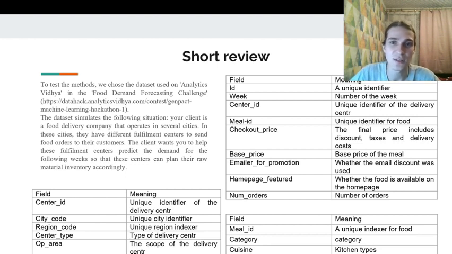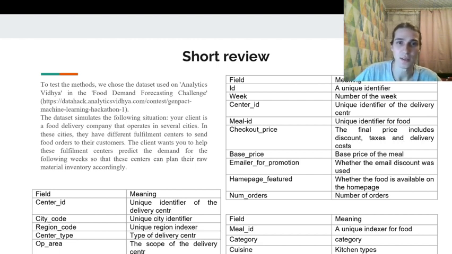Within those cities, the company maintains different fulfillment centers to dispatch food orders to customers. The client seeks your assistance in enabling these fulfillment centers to forecast demand for upcoming weeks. This prediction will aid them in planning the inventory of raw materials effectively.